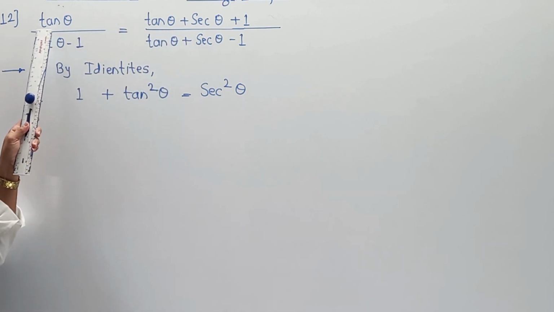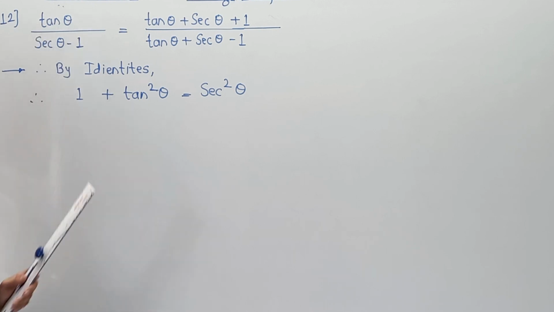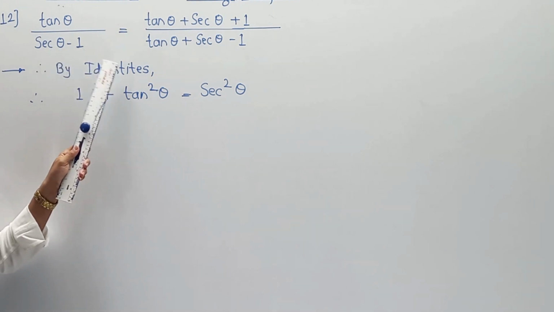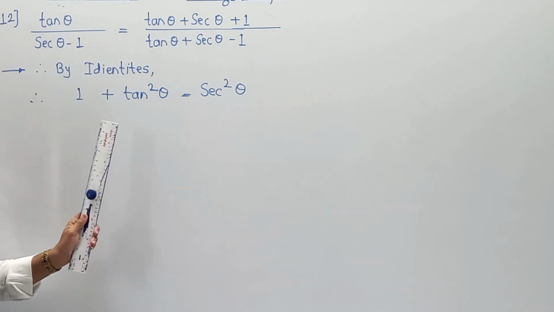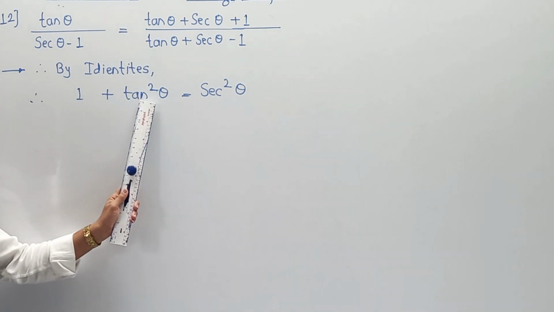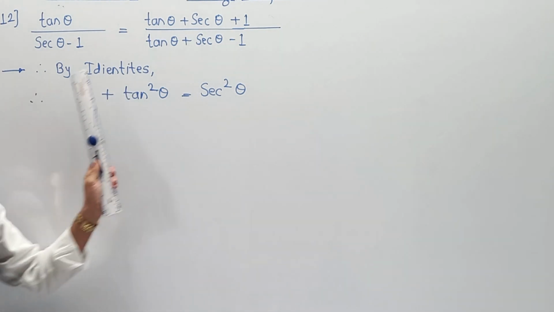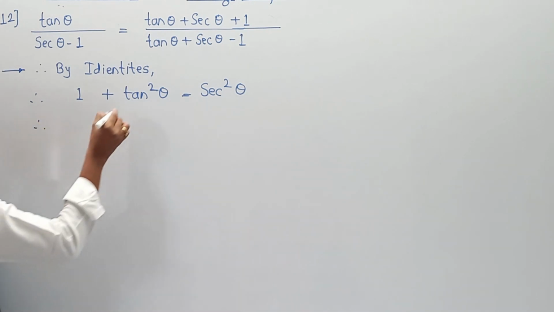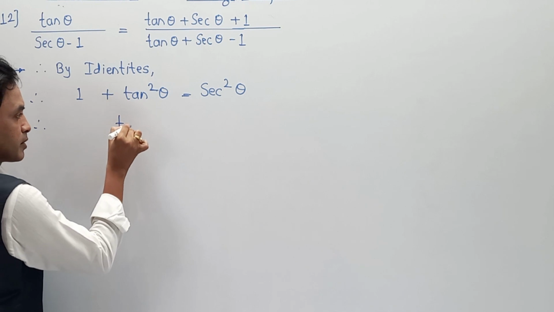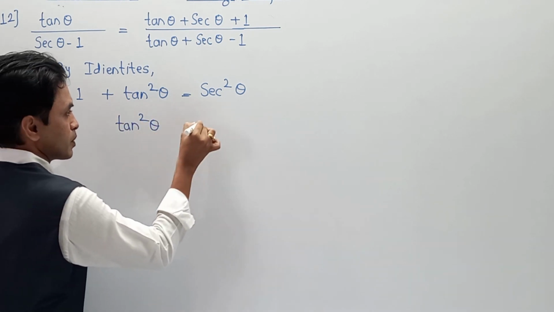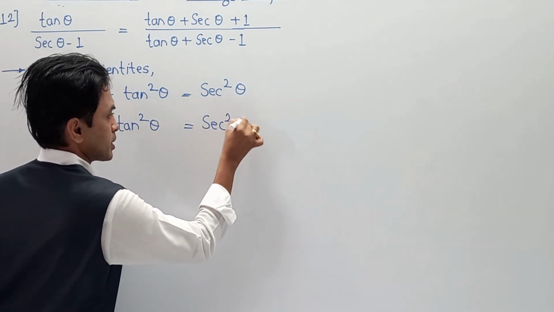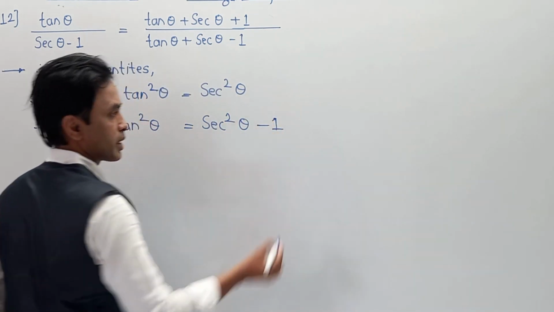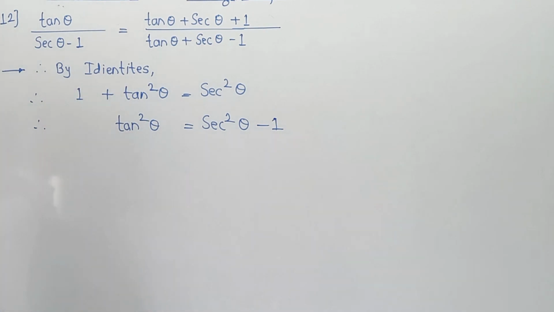Remember, just observe LHS, tan theta. Now it is separate, and sec theta minus 1 means sec is a pair of 1, or 1 is a partner of sec. Naturally I am going to do the same thing. I am taking tan as independent, and I am shifting 1 to that side as a pair of sec square. So this part becomes tan square theta is equal to sec square theta. This plus 1 shifted to that side becomes minus 1, and that is a secondary part of understanding.